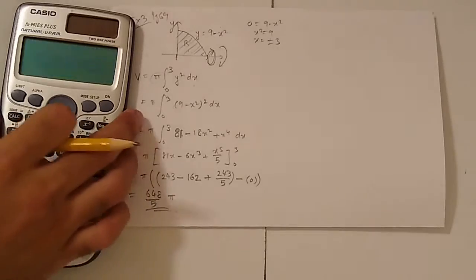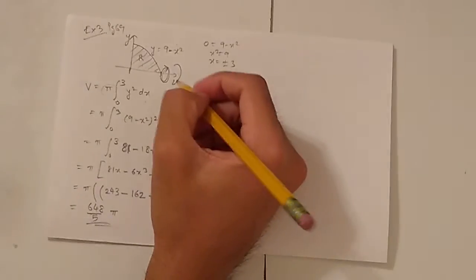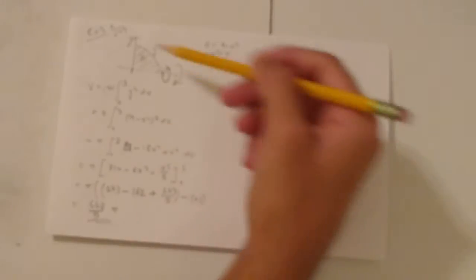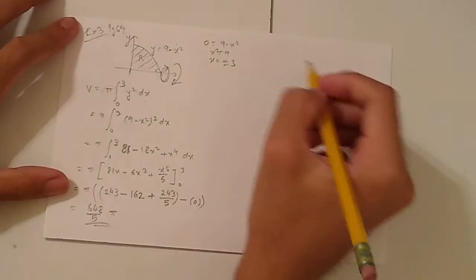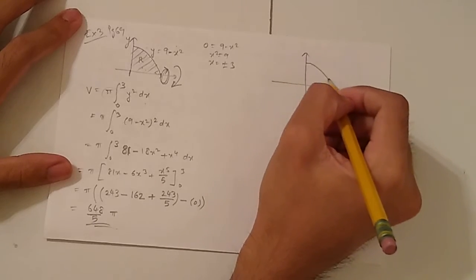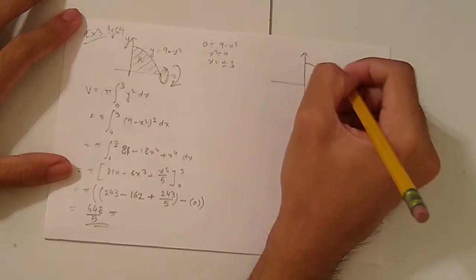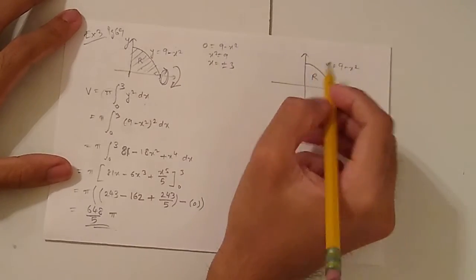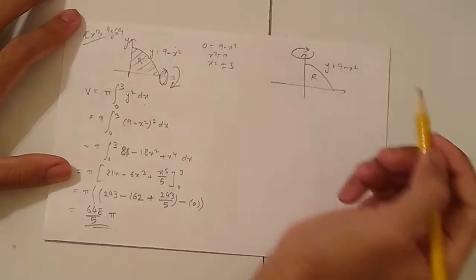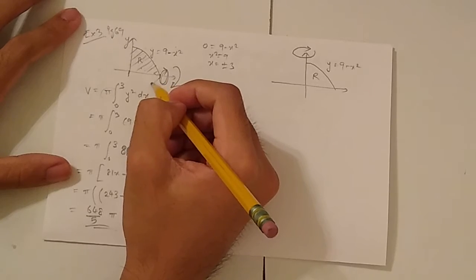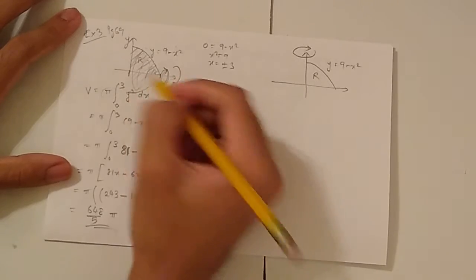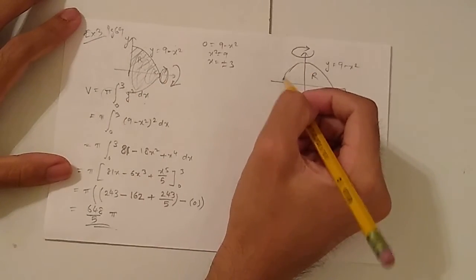Now, even though your P4 is always going to ask you questions about where the region is rotated about the x-axis, let's say that instead the same region we have was rotated about the y-axis. It's the same curve, and instead of being rotated about the x-axis, it is getting rotated about the y-axis, 360 degrees. In this case, the solid that we'll be getting is going to be somewhat of this kind.